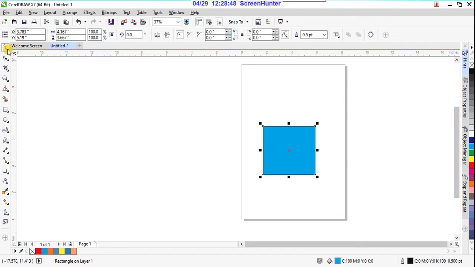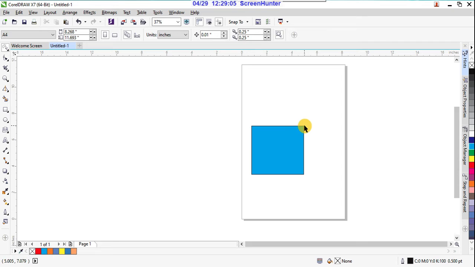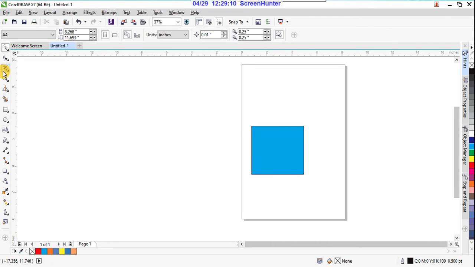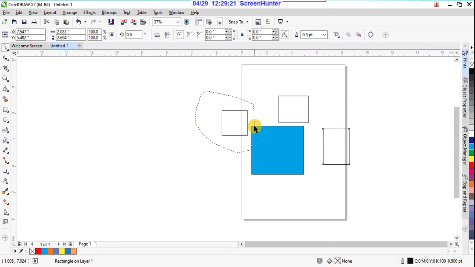With the freehand pick, suppose you can select your box, or otherwise you can choose from a group. Suppose here there is one more box, one more box, one more box. These are the boxes, right? So from this corner you can select by the lasso method.